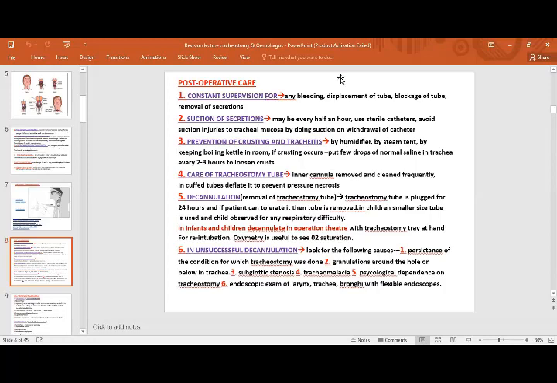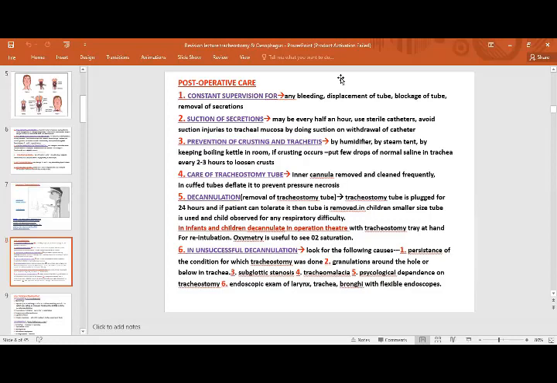And we need to remove those secretions. So continuous suction of the secretion is very important, and it should be done with a proper catheter, continuously with a suction tube. And prevention of crusting and tracheitis, of course, these are the complications. So we need to do the continuous suction. And care of tracheostomy tube, of course, the inner cannula is removed and cleaned frequently, and cuff tubes deflated